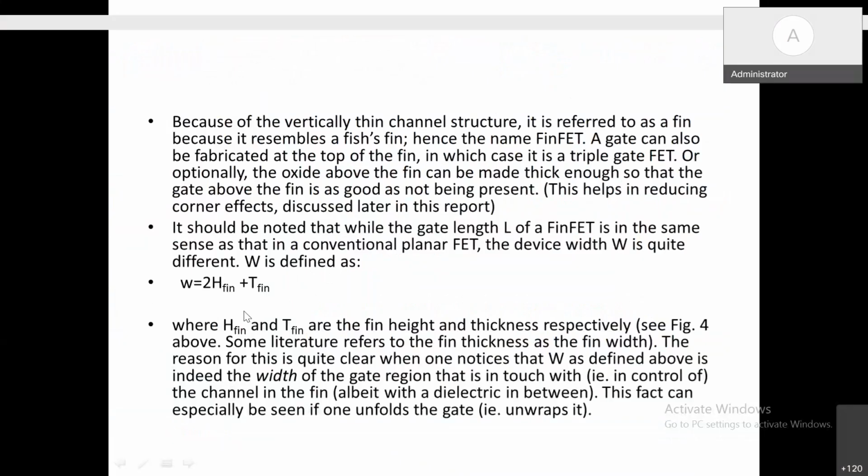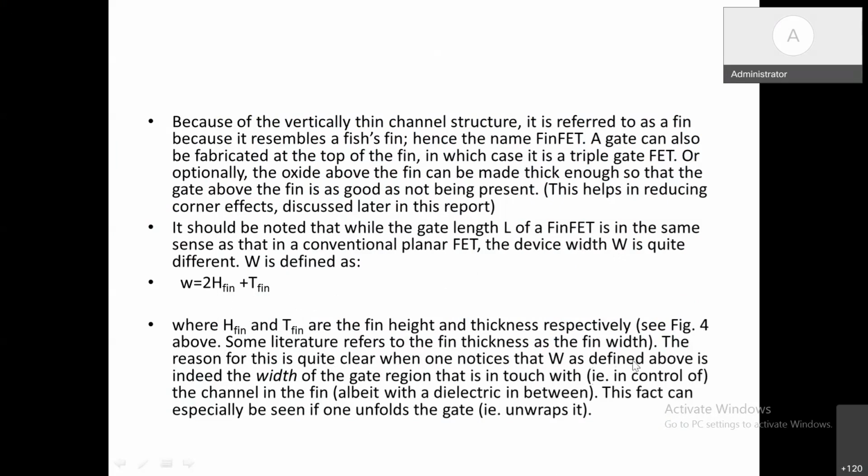Yes. Width is equal to 2 into H fin plus T fin. And here, they try to say that some of the literature refers to the fin thickness as the fin width. But the capital L is the length of the FinFET, and W is the width of the FinFET, which is given by this form. How they are arriving at this form is,